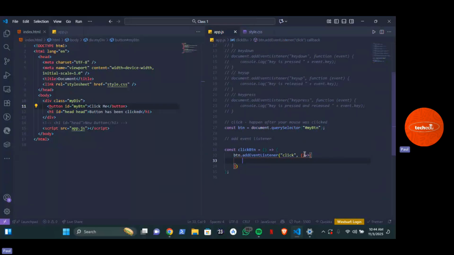And what's the function right here? The function is the event right here. And the event is tied to another function, which is the click button. So you have btn dot add event listener. What are you listening for? A click event. So whenever this is clicked, you want this particular text to change from button has been clicked. So you want it to change from